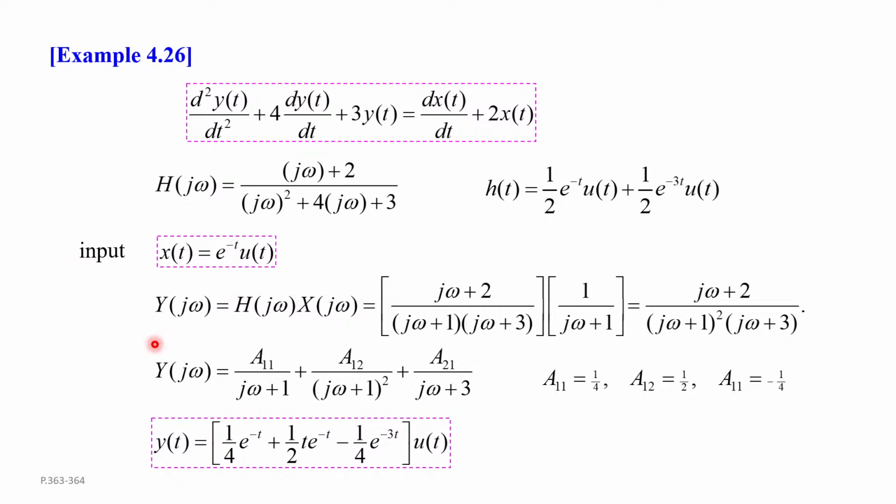And once again, remember in the frequency domain, our system is going to be big Y equal to big H times big X. And we have this big H that we can easily read out. And then we have a rational function times a rational function, you get another rational function. Okay. Now we can solve for the small y as the inverse Fourier transform of the rational function, and once again you can do